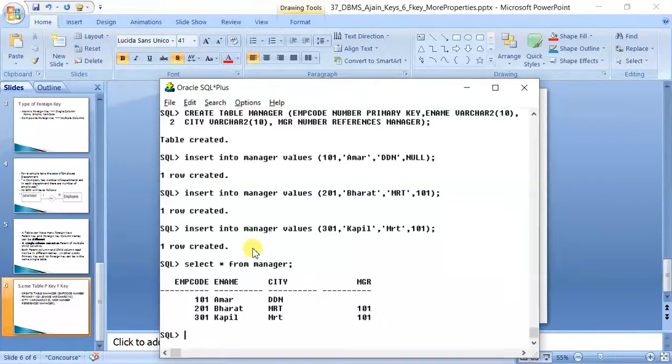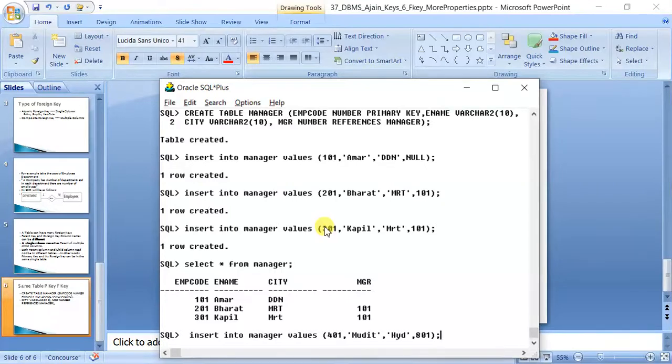Now let us try to insert a manager who is not there. We will do 401, comma, Mudit, comma, Hyderabad, comma, let us try to insert 801. What will happen?